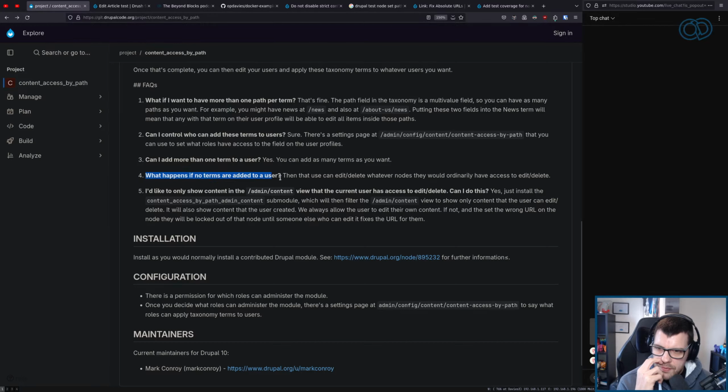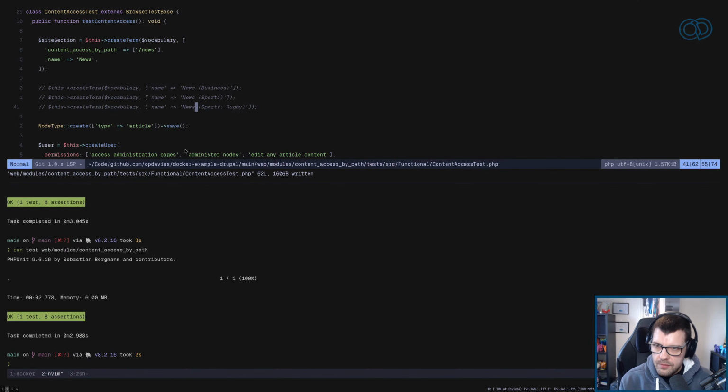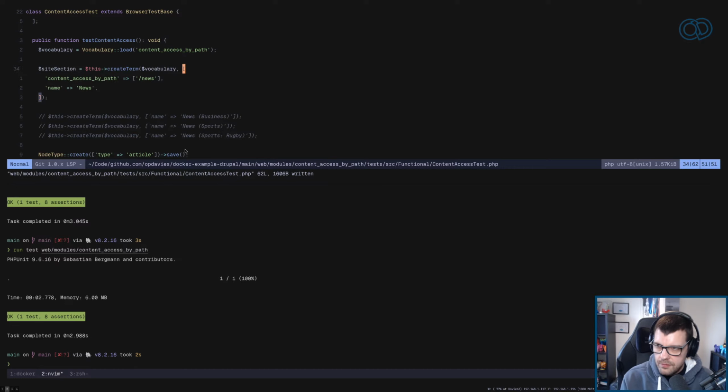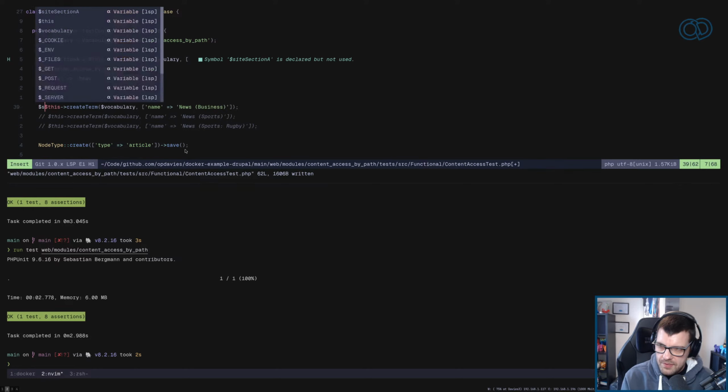Although then it does say what happens if no term is added to a user, you can then edit to whichever you ordinarily have access to. Okay. So it defaults back. Okay, so if this is site section A, and this one is site section